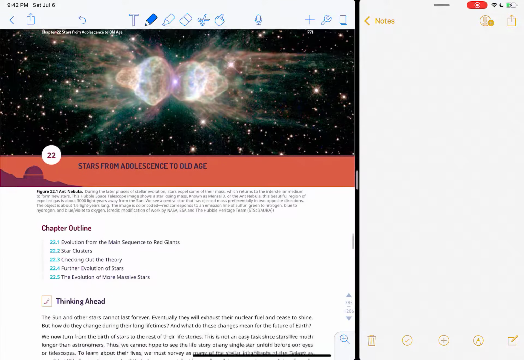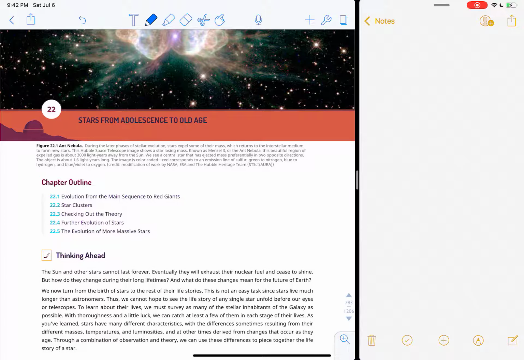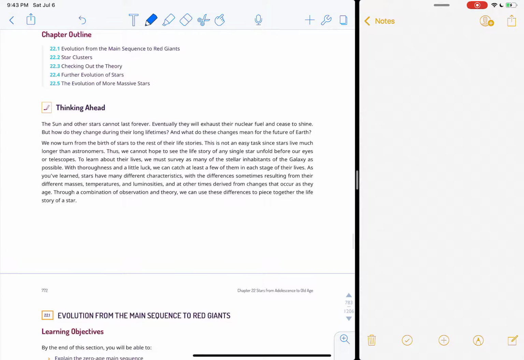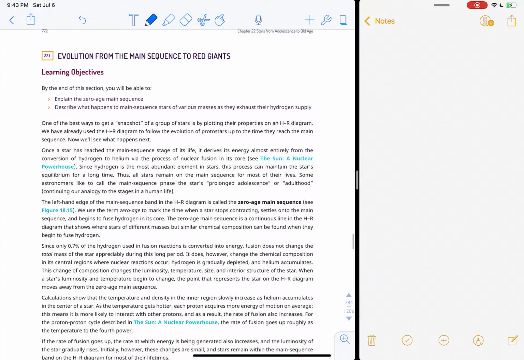Okay, let's talk about stars as they form. Talk about how a star turns into a red giant, the famous red giants. Talk about star clusters, and then what happens when more massive stars evolve. Okay, so the main idea here is that